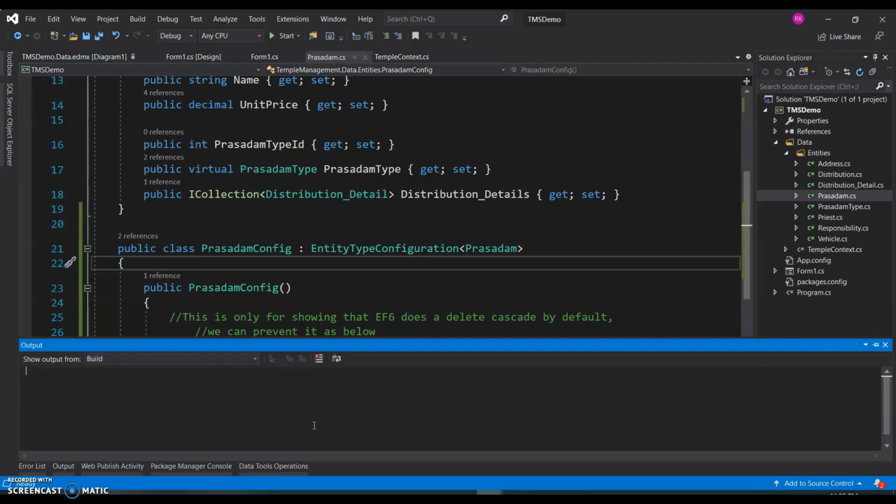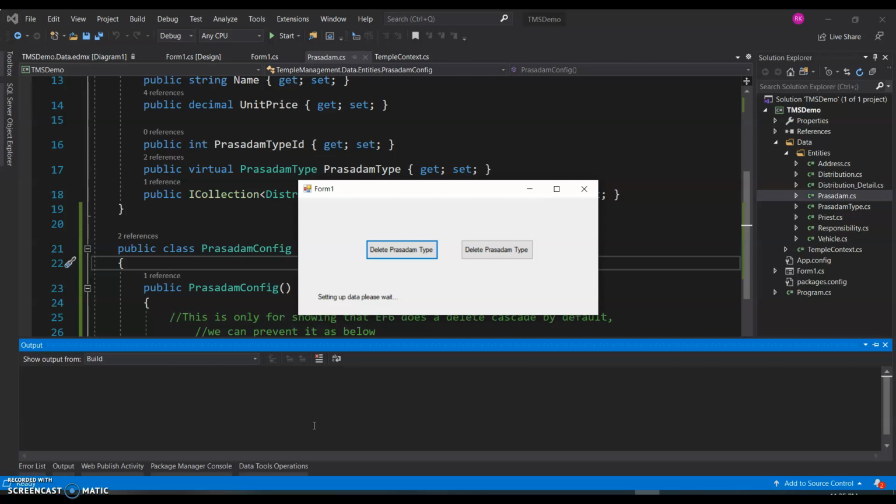So let's run this application now. I have the database already. So, okay, the model backing the temple context has changed. Now you might have already seen this several times, though this is actually an exception. Because I have added some new configurations now, I need to delete the database and recreate it. Like I said, in the upcoming videos, we will see how not to be doing this. But for now, let me come back after deleting the database.